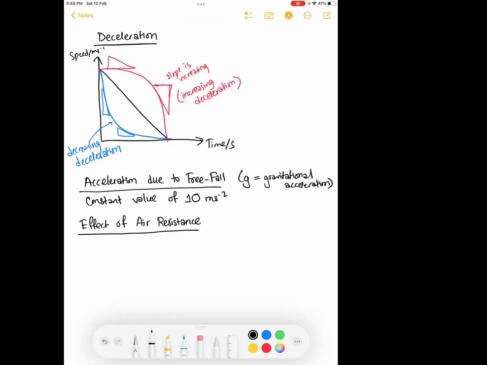Now, obviously, in real life, when an object is falling, let's say from a height, it will encounter air resistance, unless it's moving in a vacuum. Obviously, vacuum is not like